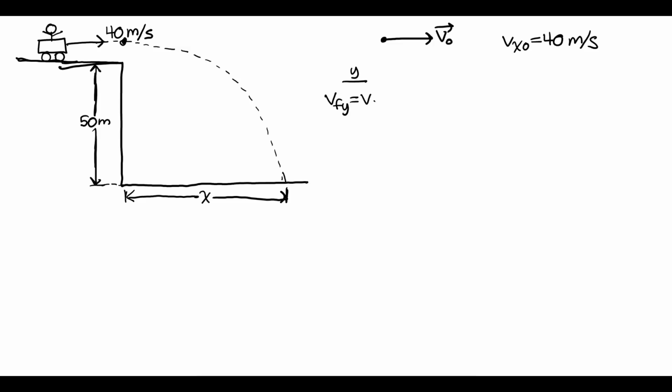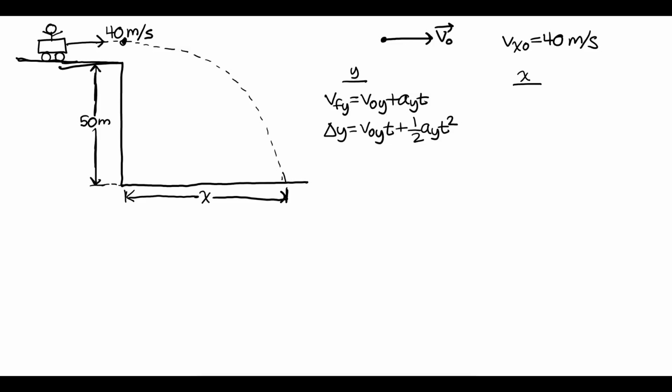Vfy equals v0y plus ayt. Delta y equals v0yt plus 1/2 ayt squared. We also have our x equations, but note that